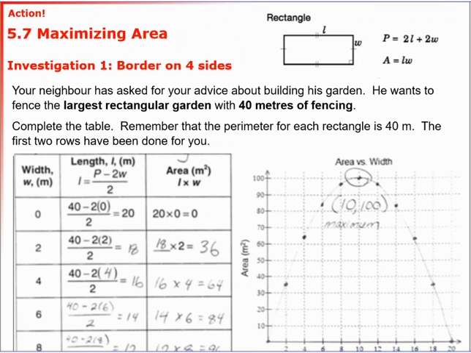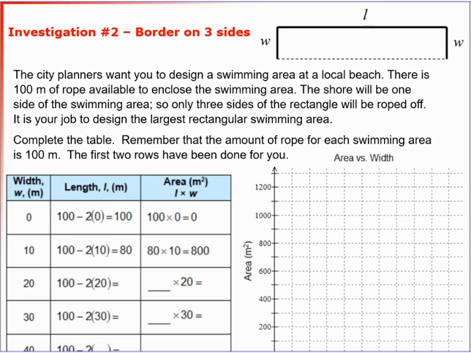All right, let's take another different example. Here we have fencing, but it borders 3 sides and not this dashed line. City planners wanted to design a swimming area at a local beach. There was 100 meters of rope available to enclose the swimming area. The shore will be on one side of the swimming area, so you only need 3 sides of the rectangle to be roped off. Obviously, don't rope on the beach. So if your job is to design the largest rectangular area,